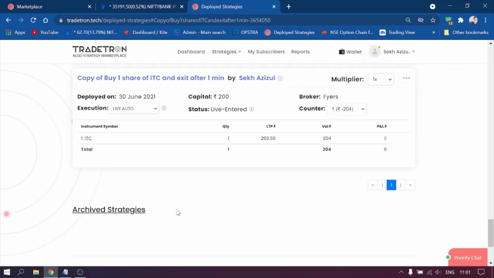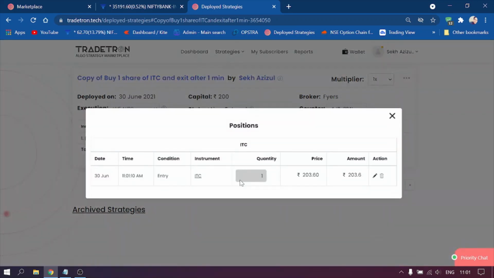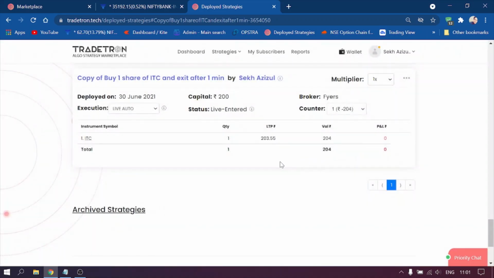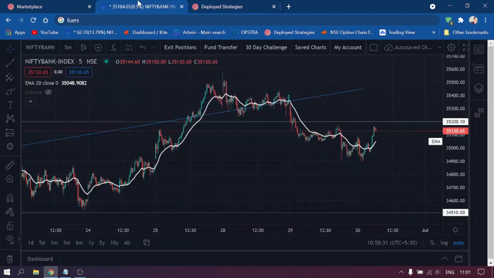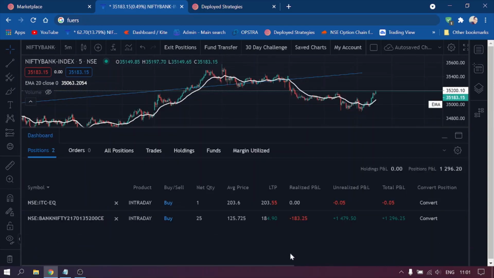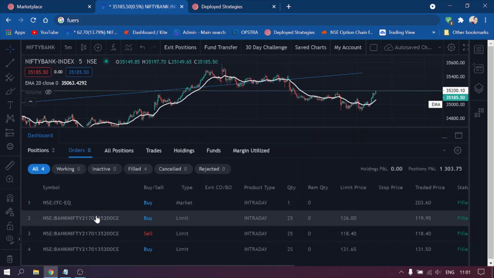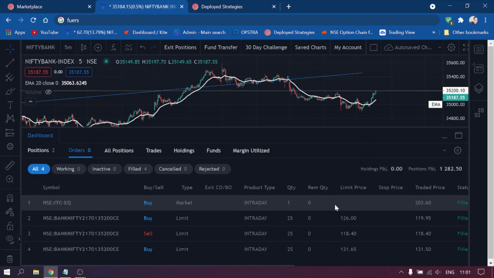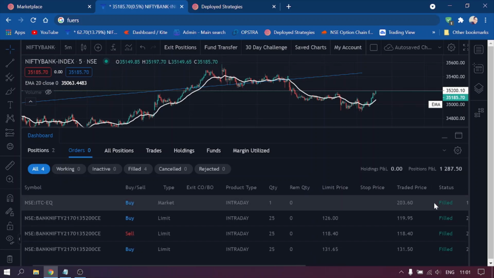After a few seconds, you will see the strategy has taken a trade. It has bought 1 unit of ITC, and if it has successfully bought it and there is no error execution for the strategy, that means that your broker is successfully integrated. You may also go into your broker's order section to check if the order was successfully placed on your broker. So just go to your order section, and here we can see that the order was successfully placed as the strategy is filled.